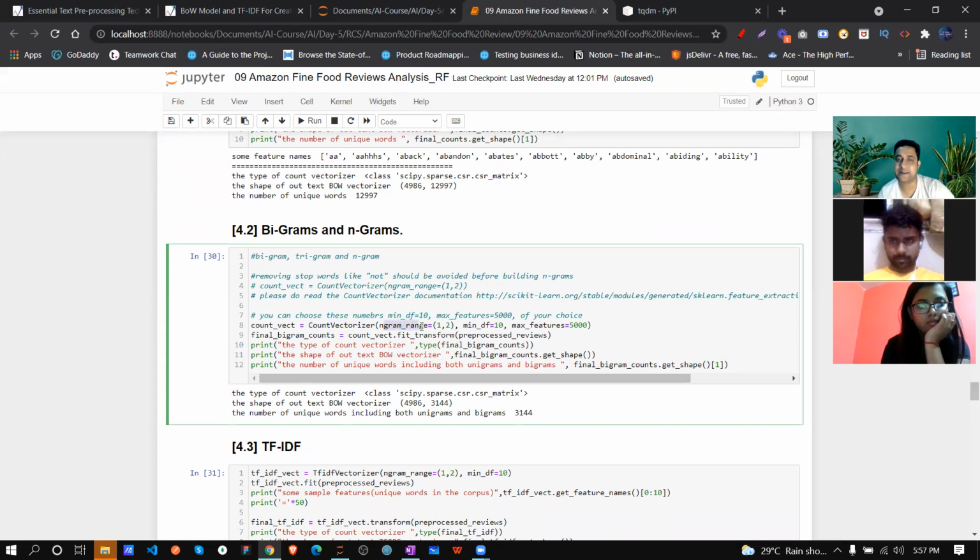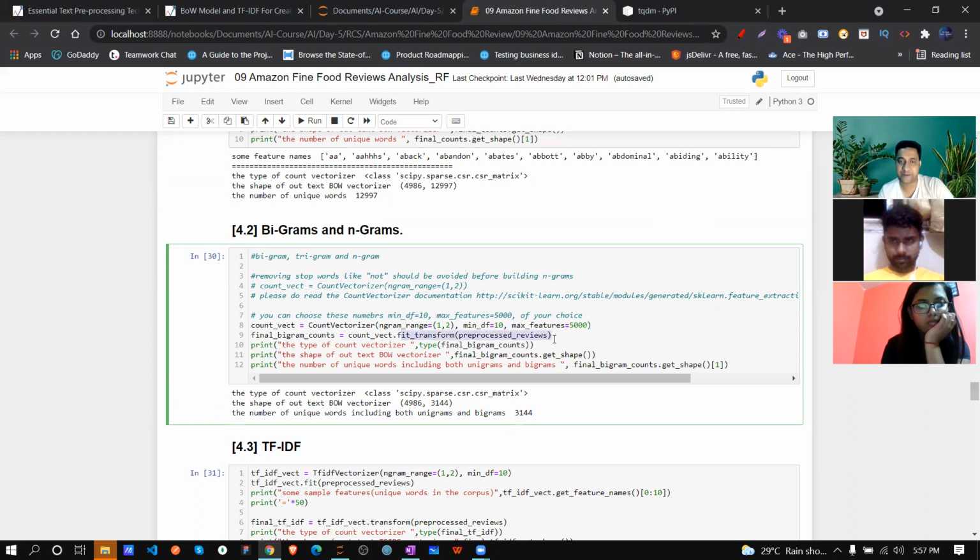We are just giving the n-gram range. N-gram range means n, as I already told, 1 or 2 or 3 or 4, like that. We are saying 1 to 2 means only single words or double words, like India or United Kingdom. Up to these two levels, or two words, we are going to take, and we are going to check in the top 5,000 reviews.